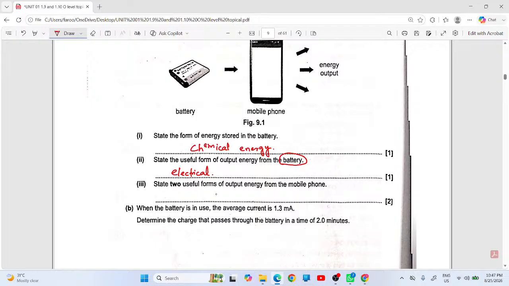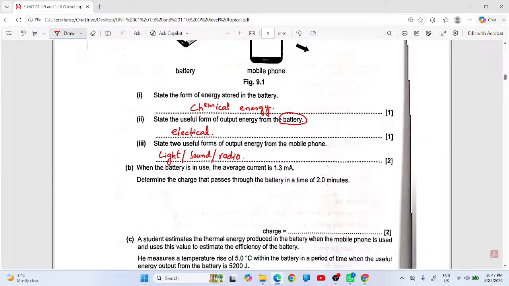Next, state two useful forms of output energy from the mobile phone. मोबाइल फोन में आएगा लाइट, साउंड और क्या हो सकता है? रेडियो वेव्स